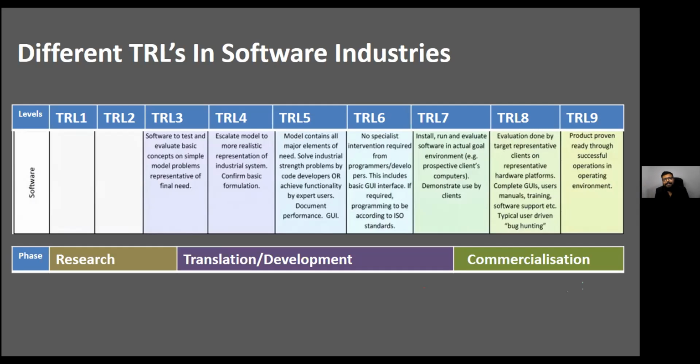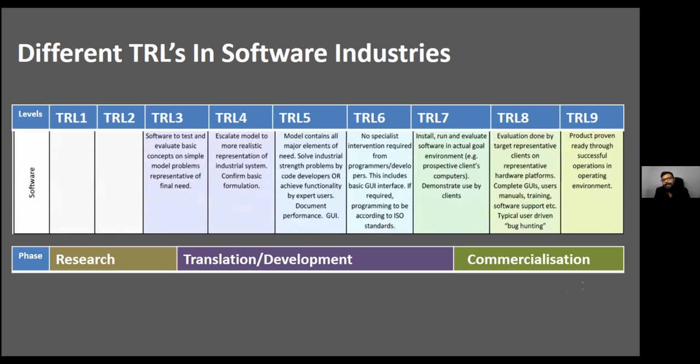Now in TRL 6, there is a standardization by ISO. I hope you guys have heard the name ISO. Based on that, we also need to follow the guidelines and do the programming as well. So that is technology readiness level 6. Okay. Now once it's done, that means your product or the software is almost ready for testing or installing in the real computer, or the clients' or prospective users' interface, or maybe in a cloud interface.